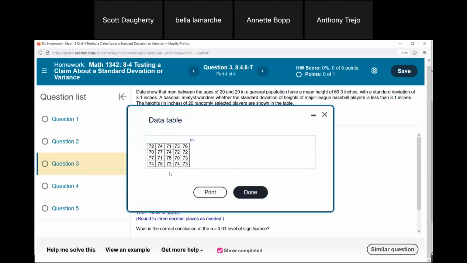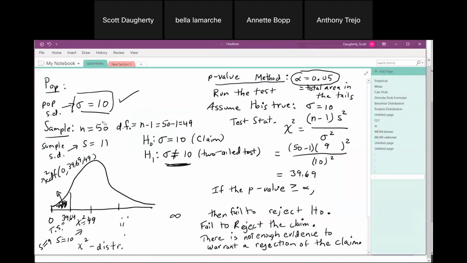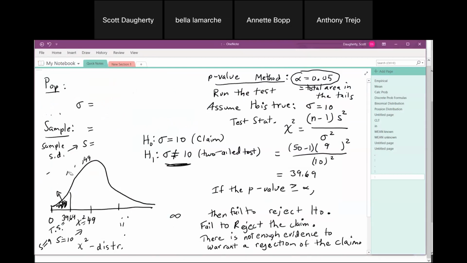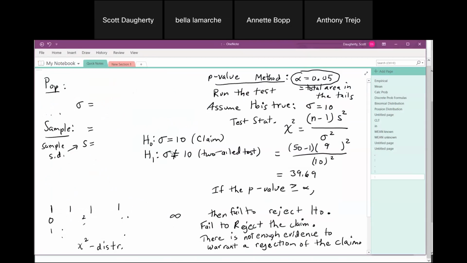So then the issue that you're going to run into here is they didn't give you the standard deviation from the sample. All they gave you was the sample raw data. So let me just quickly show you. I'm not going to go through the whole problem. We don't have time, but I'll show you how to approach this. Okay, so